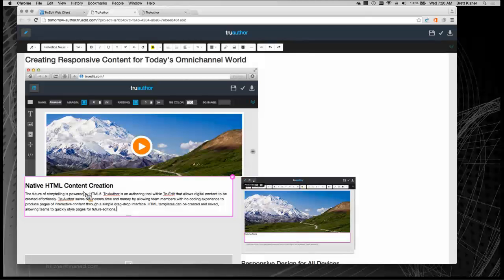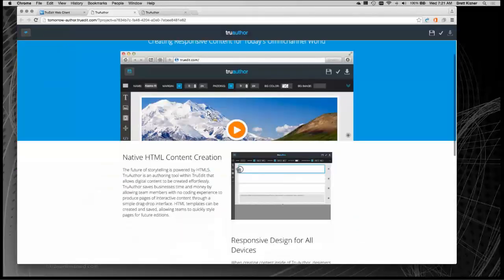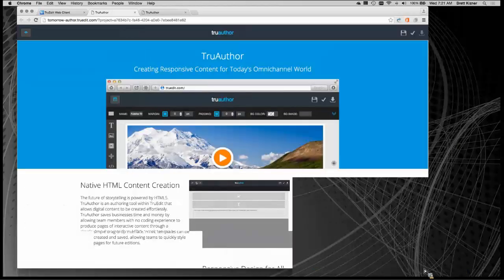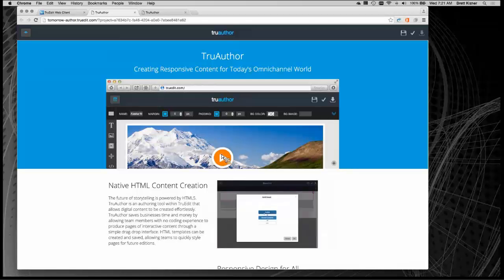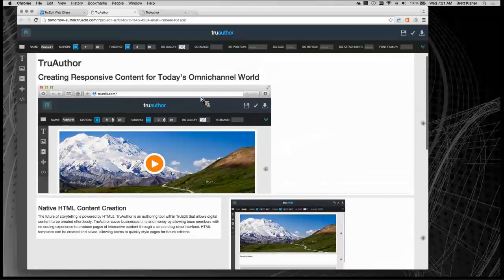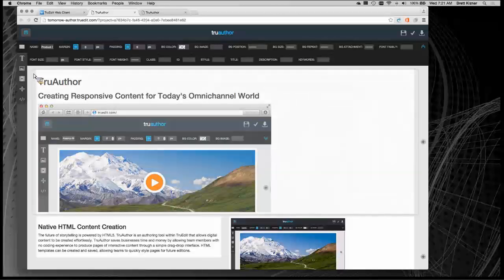In addition to the preview mode, of course, we need to be able to create content. And so TruAuthor also has an editorial mode. In this way, a content specialist, an editor, a writer, can come into TruAuthor and create their content. They can go and create headlines, apply HTML tags, decks, as well as all of their other content. They can even choose images. So to show you what that mode is like, let's go ahead and actually open up one of our templates that we've created here for TruAuthor. And we'll go right into our edit mode.